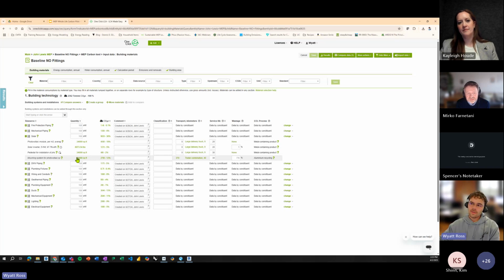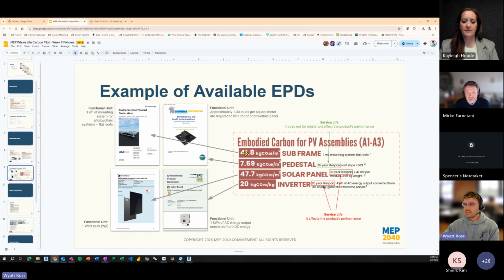But just keep in mind your specific panel in your project could have a very different mass or a very different area or size or rated power capacity than what was used in these EPDs. And so there's a potential that you would have to scale these or even potentially scale the areas that you input based off of your particular array. So if there's questions on that, there's some info in the guide, but if there's questions, we can go over it.